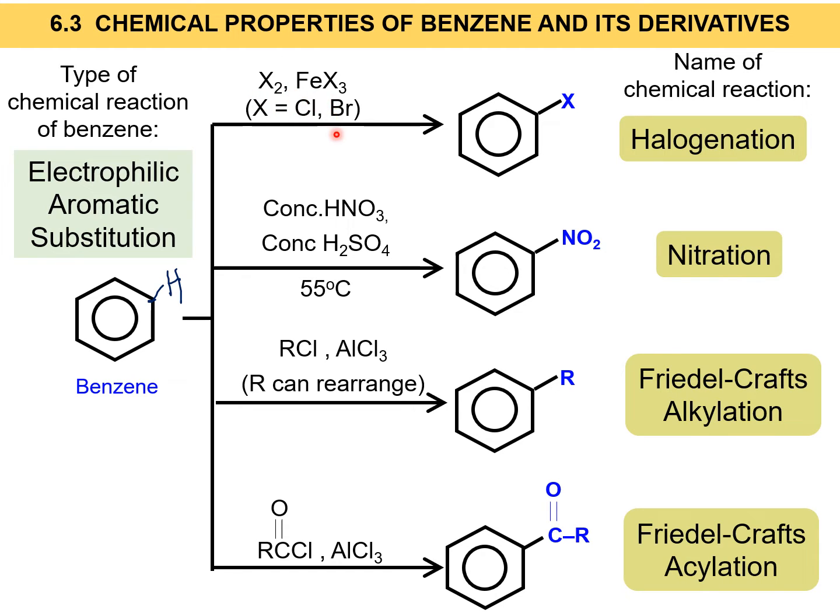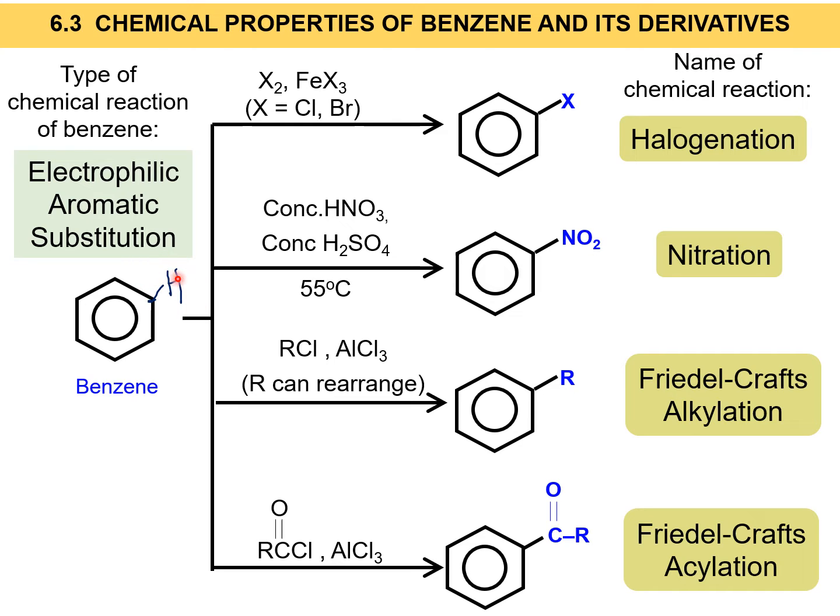Okay, FeCl3 ke ataupun FeBr3. So apa yang berlaku, sebabkan dia buat electrophilic aromatic substitution, kita hanya akan substitute hydrogen bersama dengan electrophile. In this case kita akan substitute dengan halogen. So that's why the name of chemical reaction adalah halogenation. Okay, and then next untuk chemical reaction nitration, di mana produk dia kita akan dapat substituents NO2, okay, where we